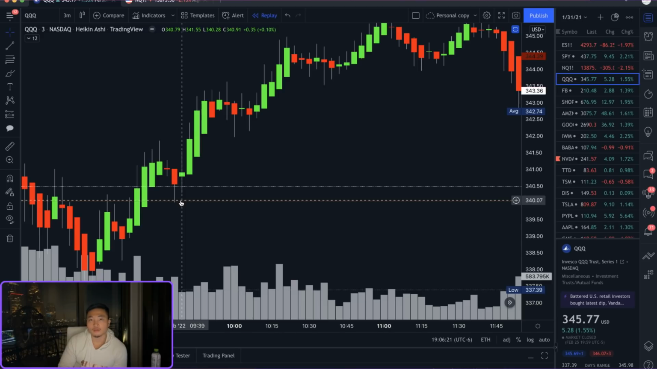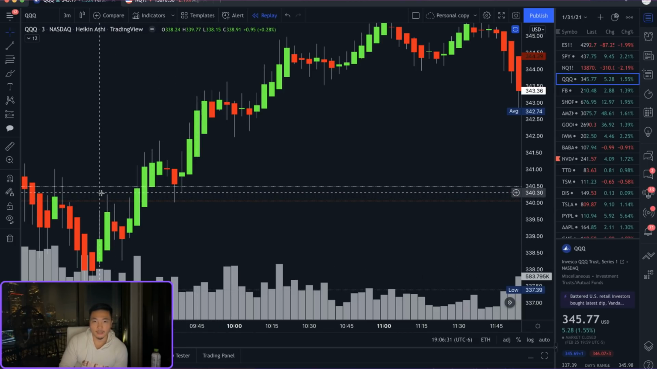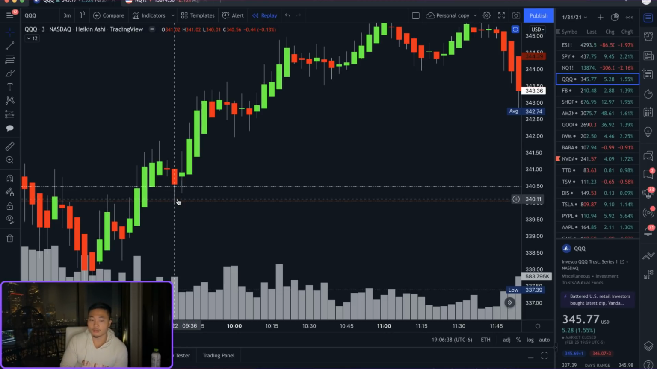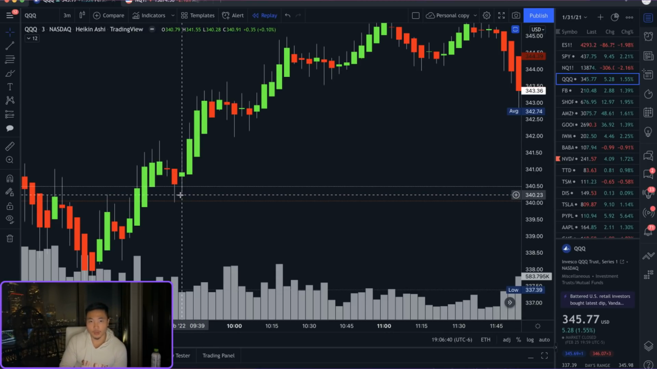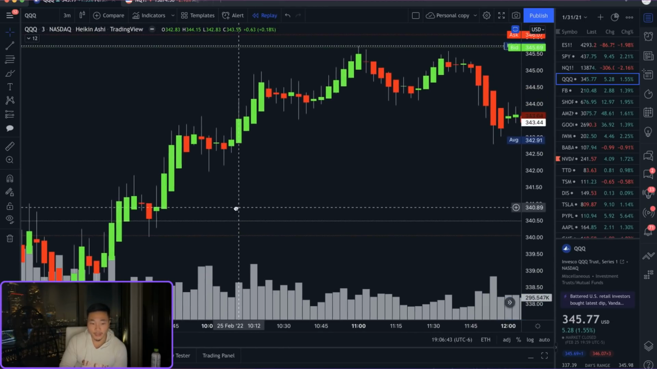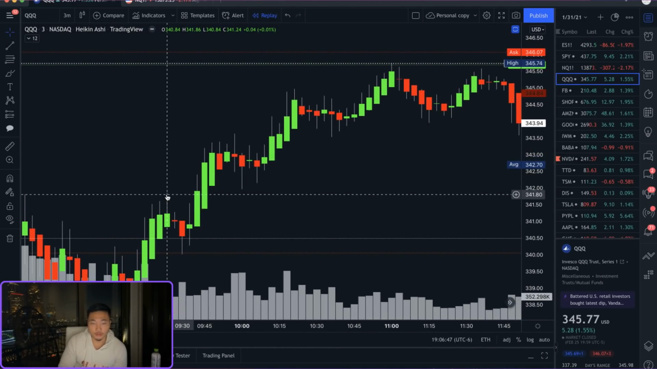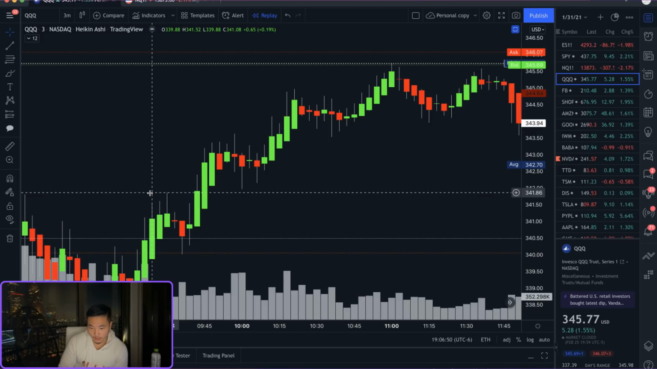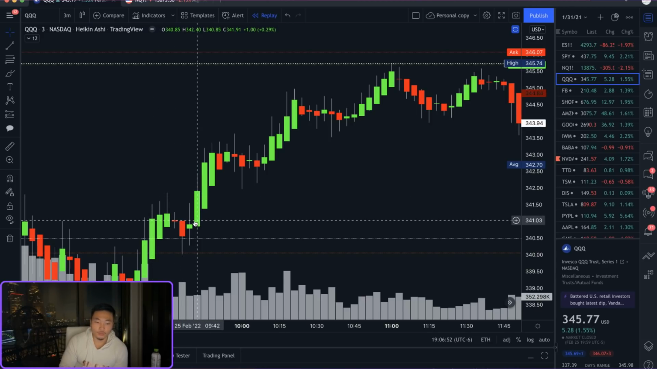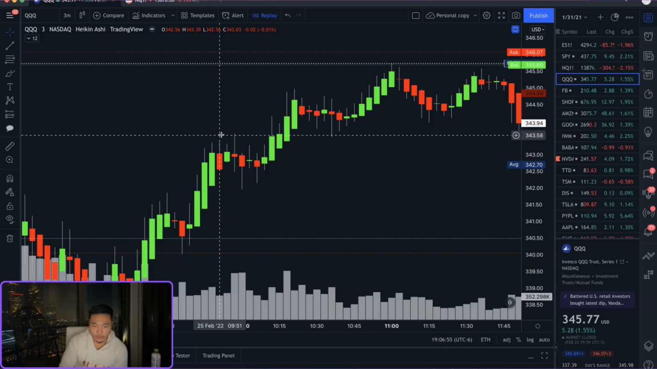Okay, so we're playing this off of a previous level. So if you use that level 340.20, the previous resistance as the new support, you would bottom tick that one. Now again, same scenario right here. The resistance right there, right? 341.80. When we broke 341.80, we went to